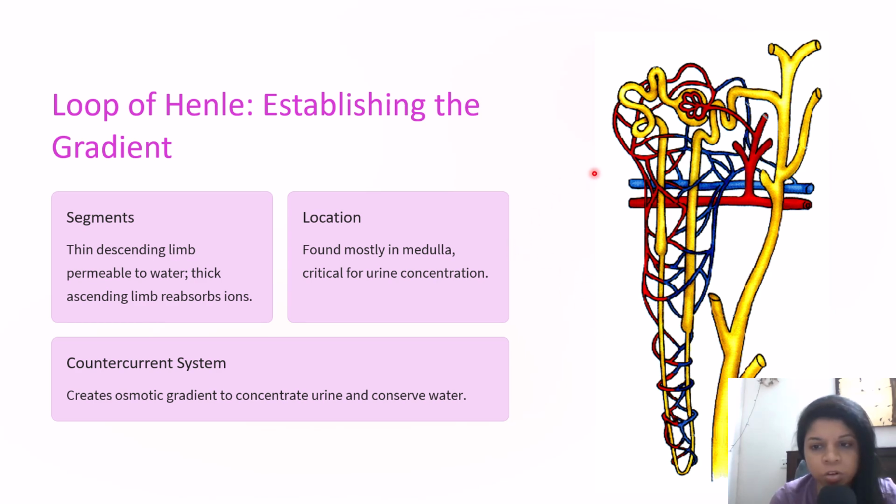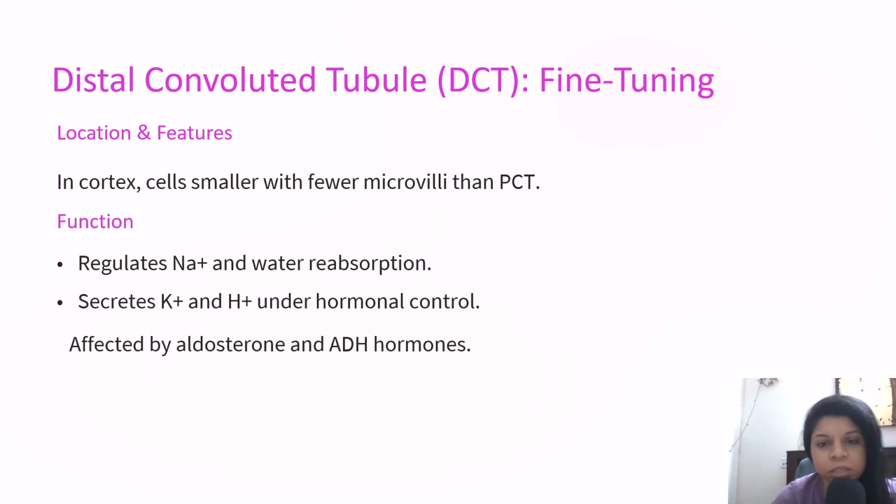So location, it is found mainly in the medulla inside the loop of Henle, and it's critical for urine concentration. And then it also maintains the osmotic balance in our body and the fluid electrolyte balance. And it conserves water because it is concentrating the urine. Next, the